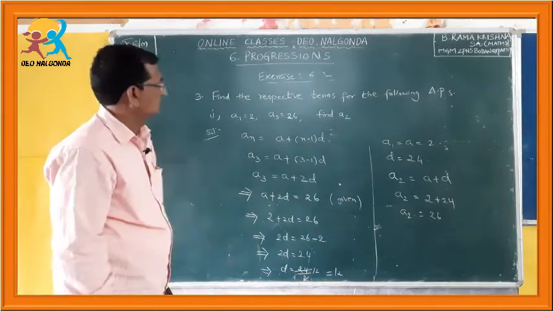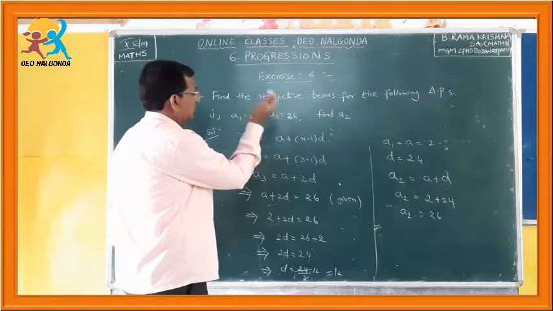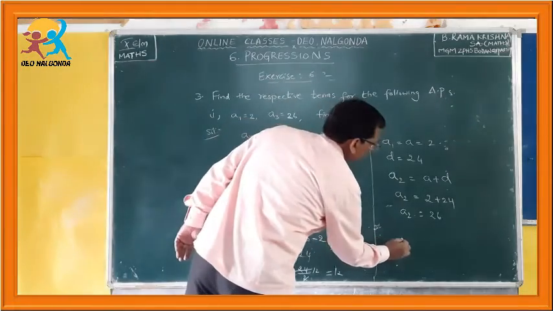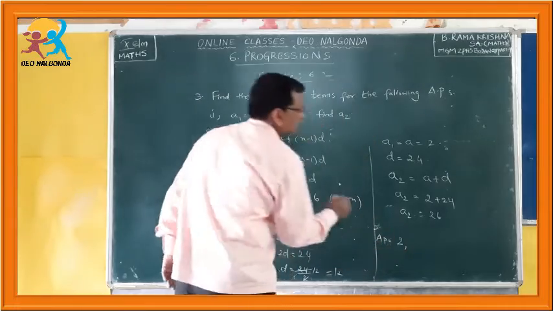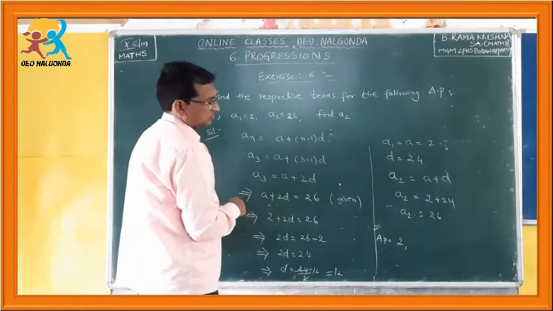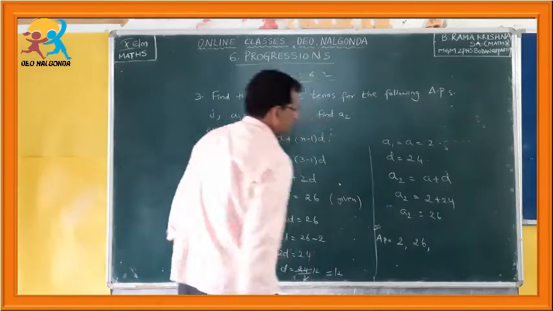What is the series? You can write down the series, the progression. What is the progression? In the AP, the first term is 2, the second term is 26,